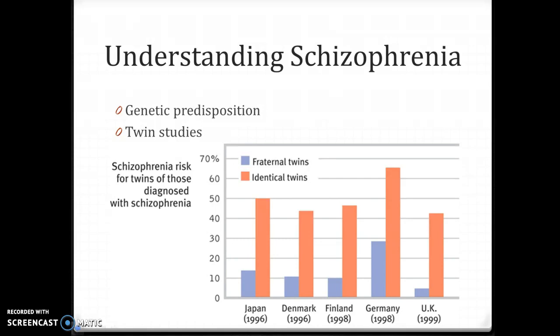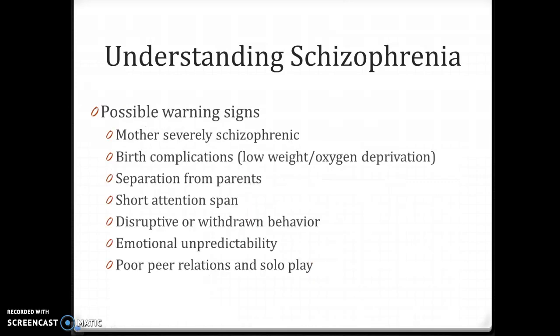There's also genetic predisposition. We can see this with these twin studies. And here are some of the warning signs of schizophrenia if a mother is severely schizophrenic: birth complications, separation from parents,